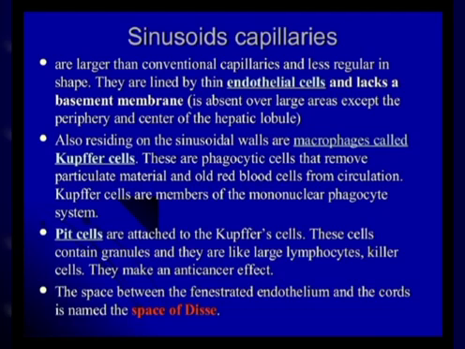There are endothelial cells showing fenestrae. There are fenestrated endothelial cells, with pores in the wall of the endothelial cells, and these pores are not closed by diaphragms as in the case of other fenestrated capillaries. And also there are intercellular gaps, and there is a discontinuous basal lamina also.